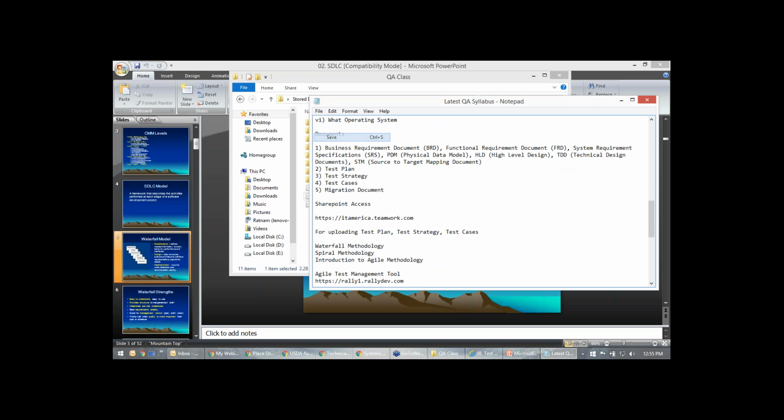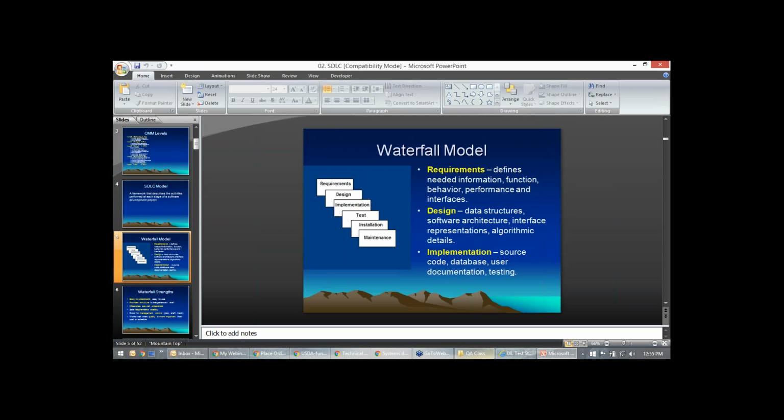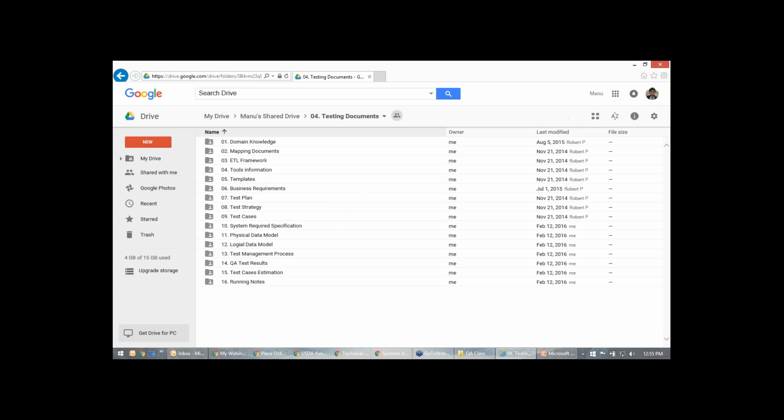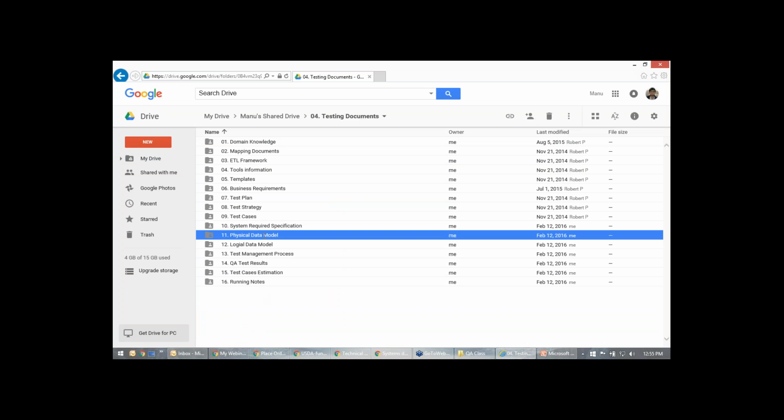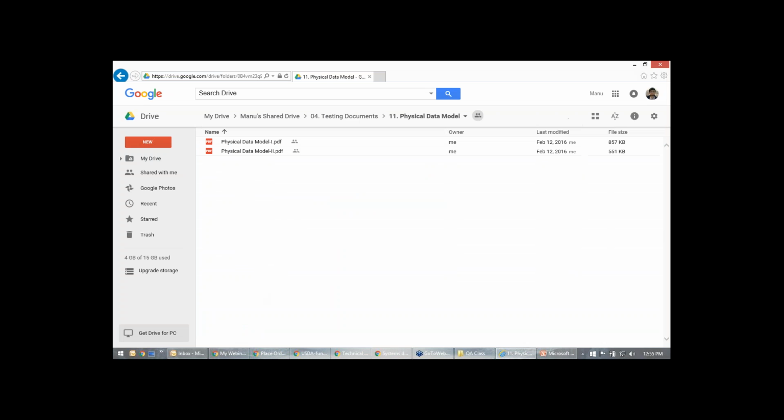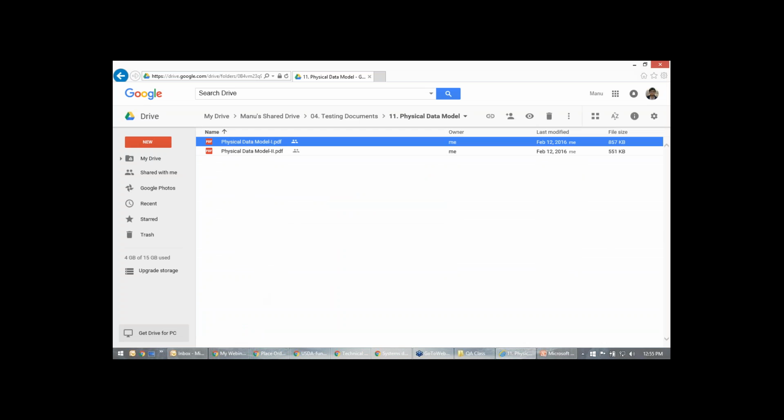So I didn't set up physical data modeling and logical data modeling, right? Let me schedule this. We have 5 minutes. We can work on that. So we also have two documents, PDM and LDM. I have that in this drive, I just forgot where. So in the physical data modeling, right?